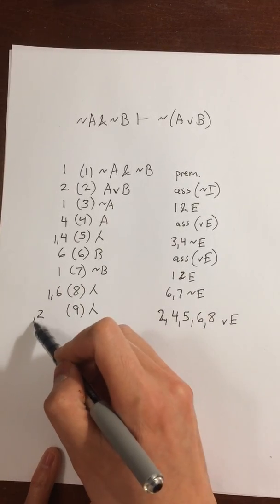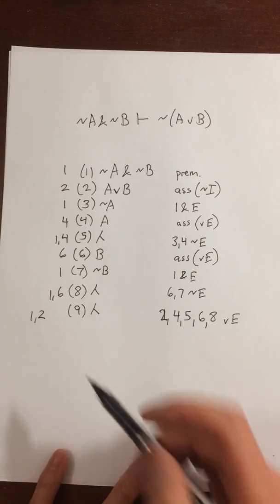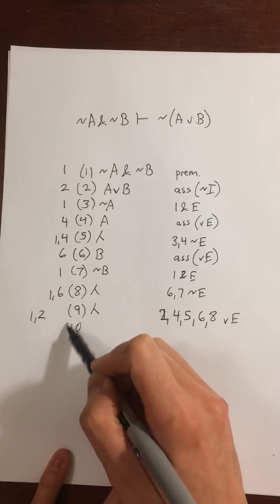And so what happens is we actually just get 1 and 2. They're a little over there because I miscalculated. Anyways,